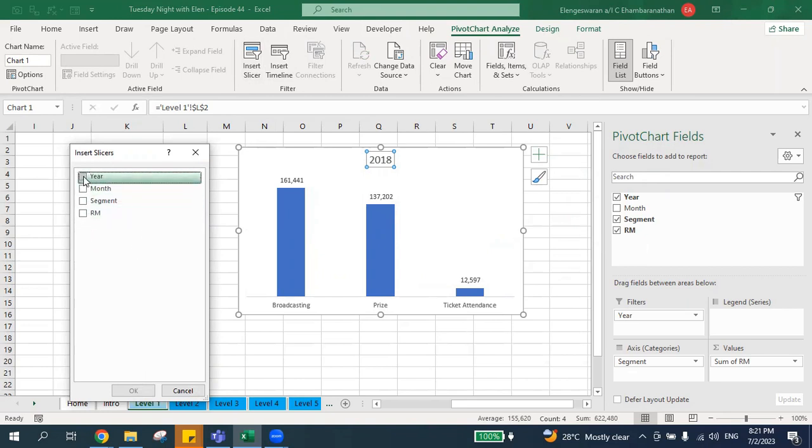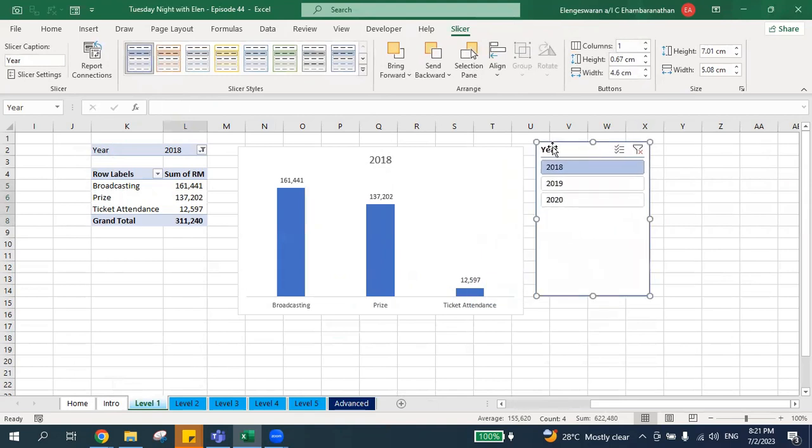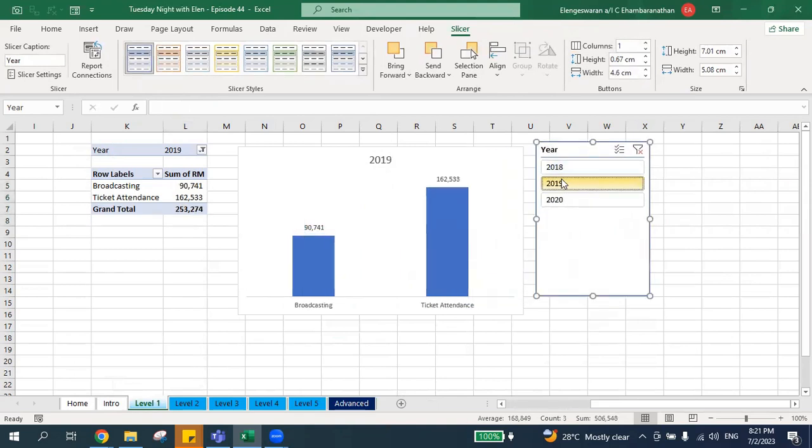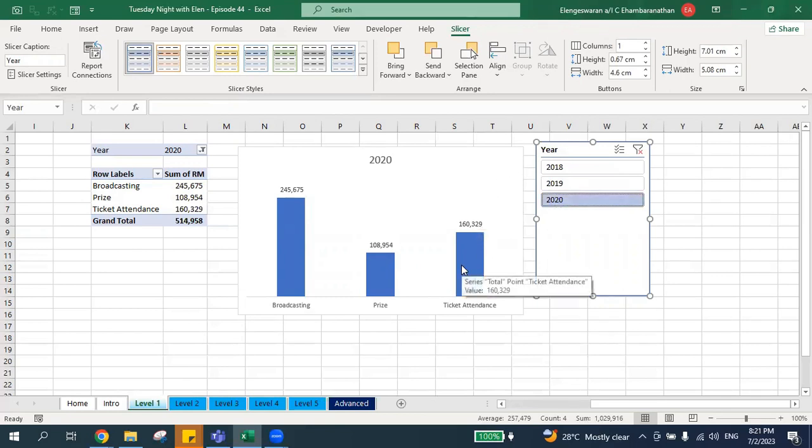I'm going to click here and then press OK. Once I press OK, you will notice that you have a slicer. When I click 2019, the data shows 2019. When I click 2020, the data shows 2020. My friends from India, Malawi, and also Malaysia, can you see this difference? Maybe you can type yes if